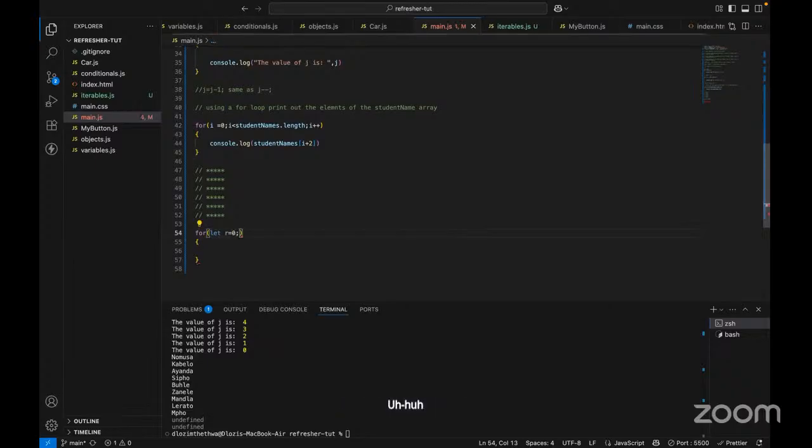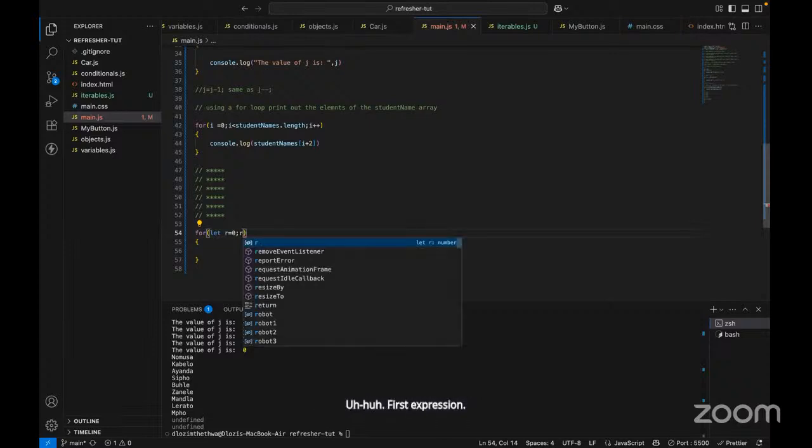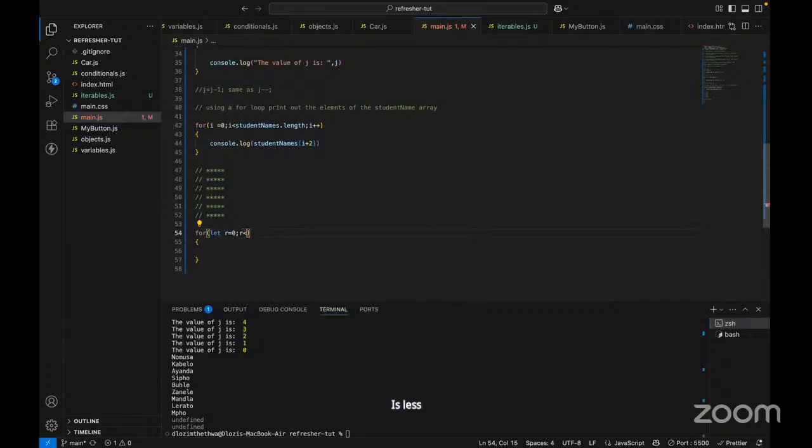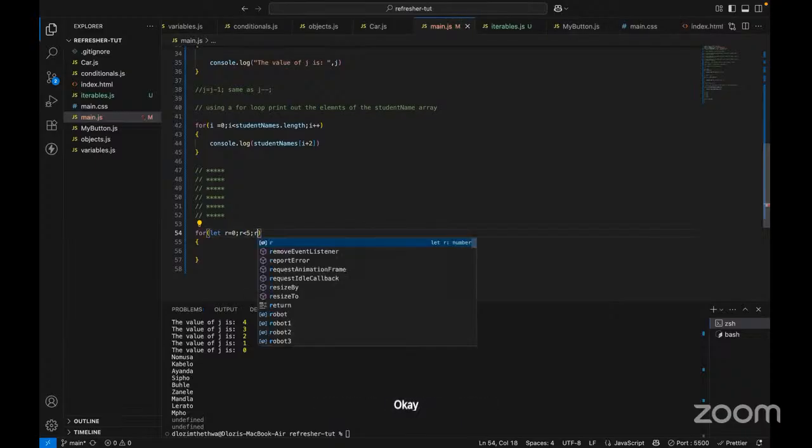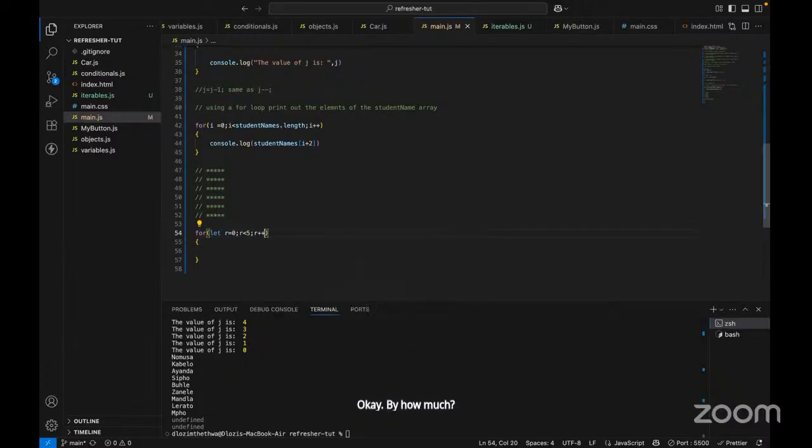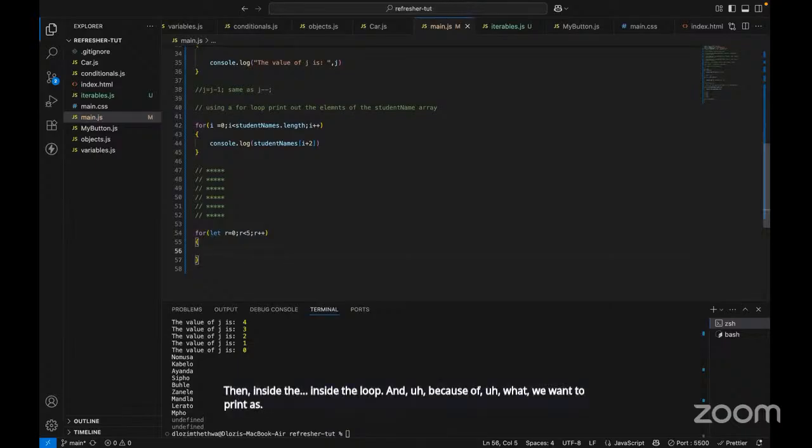Then the expression: R is less than 5. And increment R by 1. Then inside the loop, because of what we want to print as the stars,